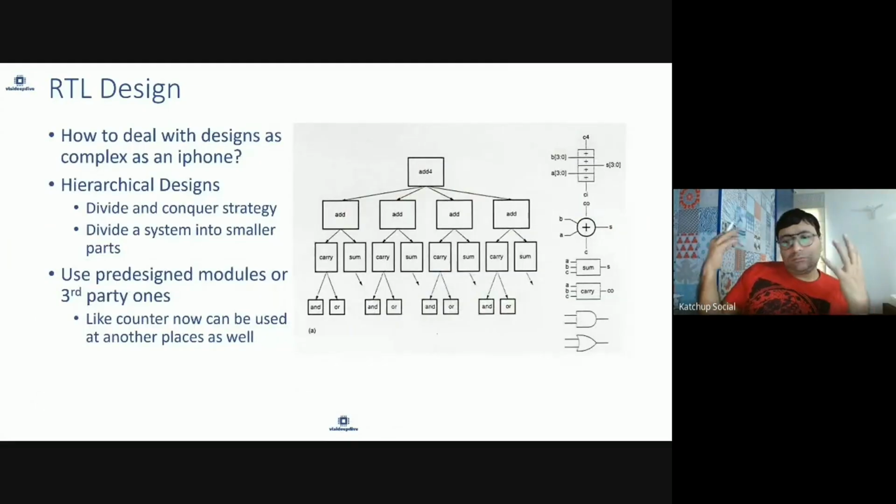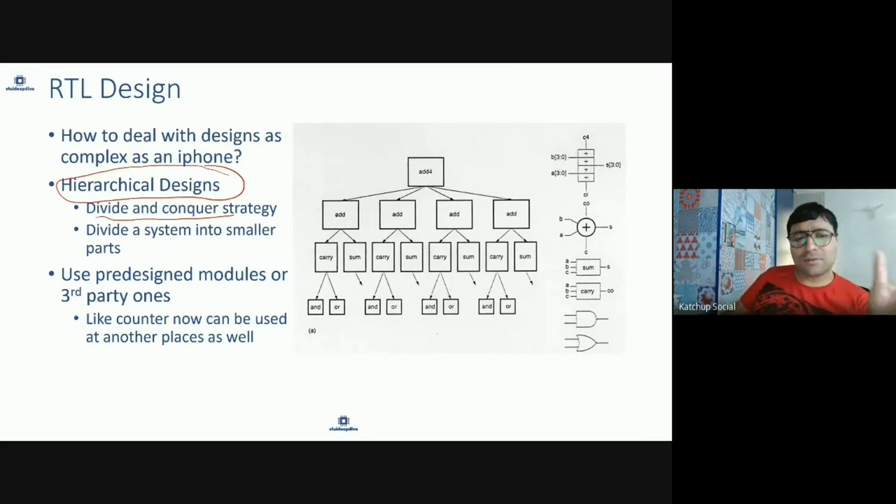Now, typically designs will be more complex. You won't be just designing a simple counter. There will be complex designs. We think of cell phone design, iPhone. It's a very complex design. So how will you design so much RTL? How will you write so much RTL? This is typically done by a divide and conquer strategy. You will break down your design, and this is